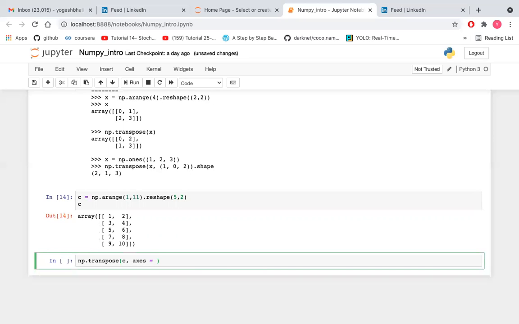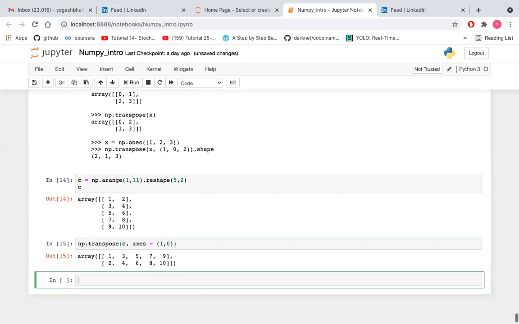Tuple means we have to use parentheses. For a list we have to use square brackets. Inside the parentheses we give 1 comma 0. Now transpose it.